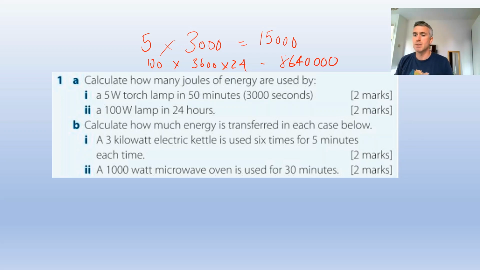8,640,000. Yes. Calculate how much energy is transferred when a 3 kilowatt kettle, 3,000 watts, is used for 5 minutes, 6 times for 5 minutes each time. So 3,000 watts times 5 minutes, which is 5 times 60 seconds in a minute, times 6, gives us